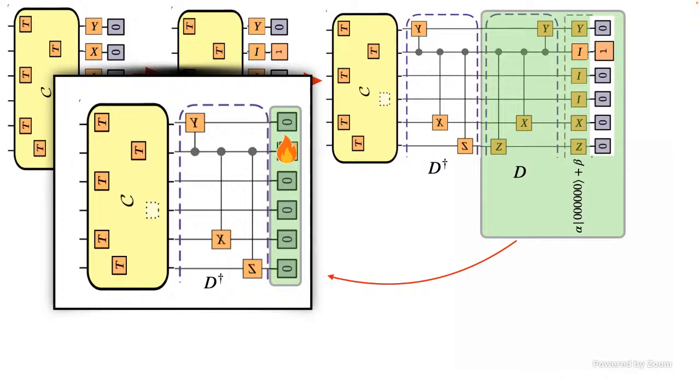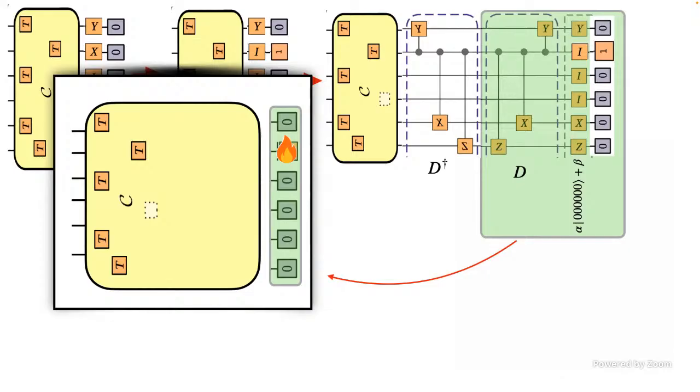And now what am I left with? Well, I still have D dagger running around. But D dagger is a bunch of control polys. Control polys are Cliffords. So I'm back to having a Clifford with some T gates in it, 1 less than I had before. And the initial state looks a lot like I had before, but I've consumed one of the qubits. And now I can just play this game again.